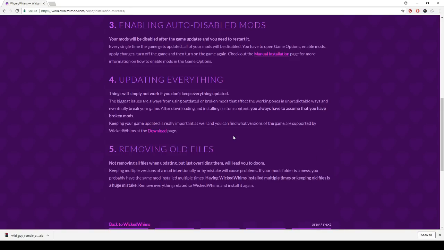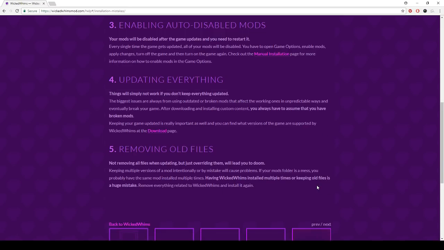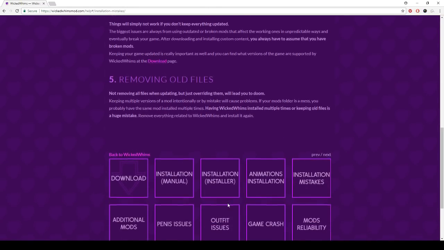Now, not removing old files when updating, but just overwriting them will lead you to doom. So if you guys saw what I just did, apparently that's not the right thing to do. I've never had a problem, but always make sure that you don't have duplicate files. If you guys have duplicate files, then you're going to have issues. So yeah, that's pretty